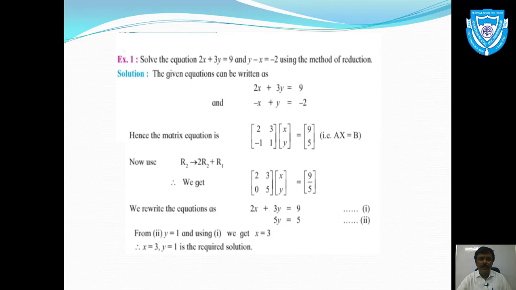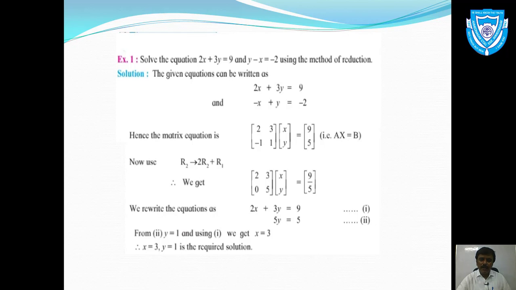वो जीरो लाने के लिए to get zero over here we will perform this operation, that is R2 is equal to 2R2 plus R1. After performing this row operation on the second row we will get zero over here, क्योंकि मेरा टारगेट, मेरा एम यही है कि जो भी डायगोनल है मैट्रिक्स का, उसके नीचे वाला एलिमेंट जो है वो जीरो होना चाहिए.